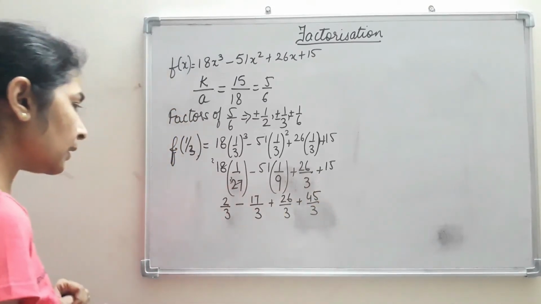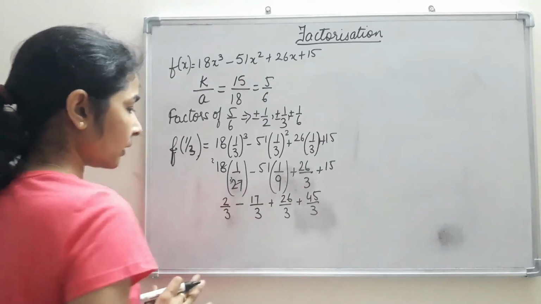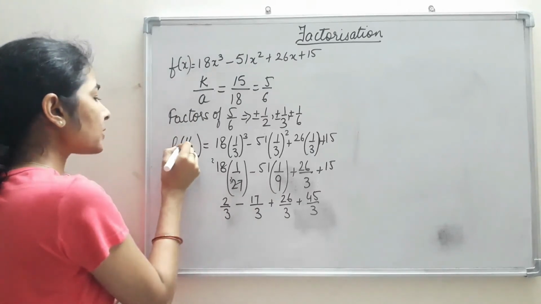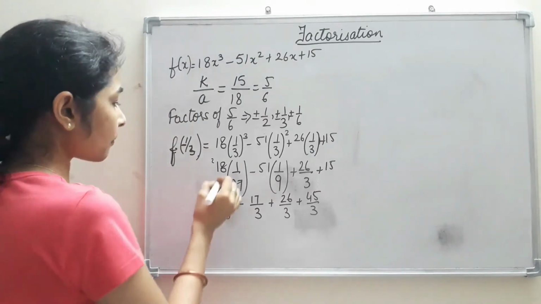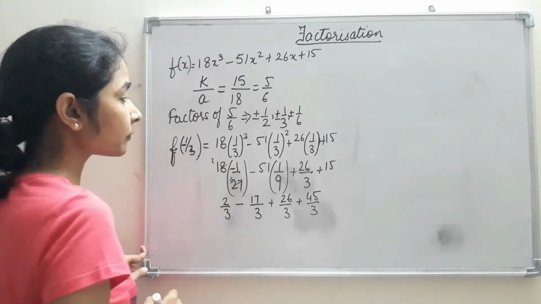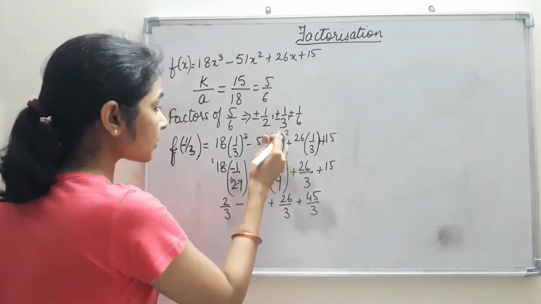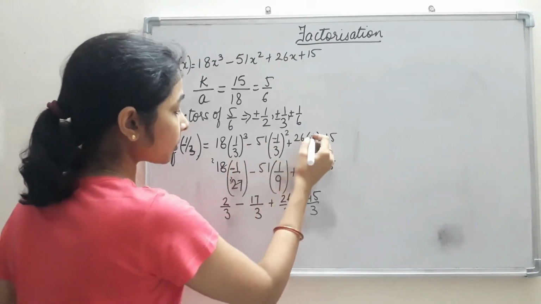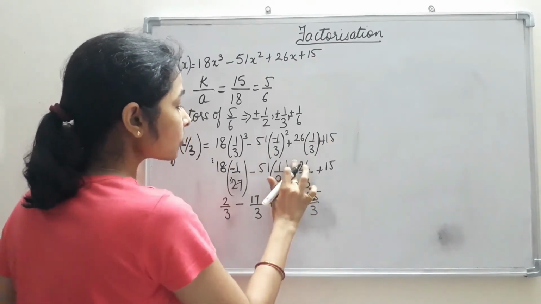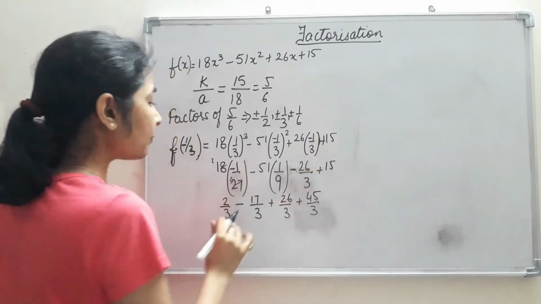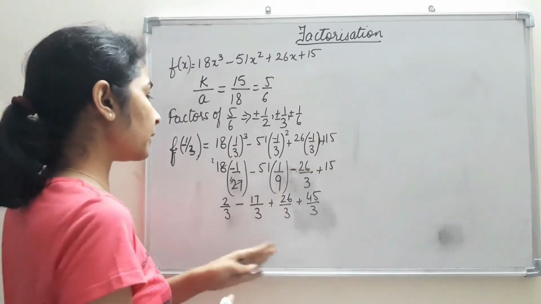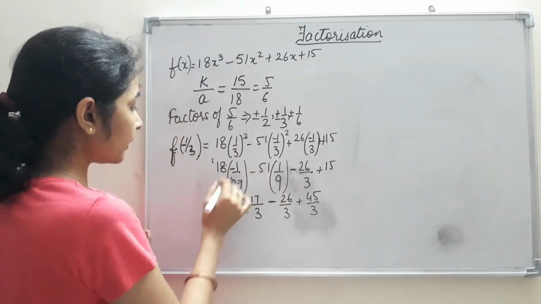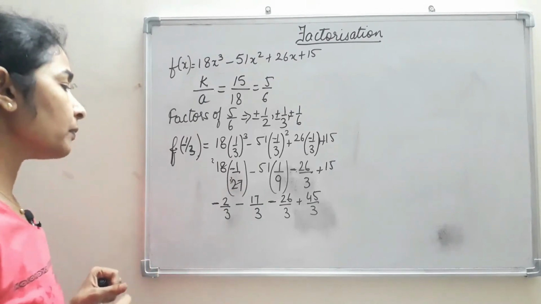Now if we see here, then we are not able to get 0 because only this one is negative, rest all are positive. So let us try with minus 1 upon 3. If I take minus 1 upon 3, then this term will be negative, this term will be positive because minus 1 upon 3 into minus 1 upon 3 gives positive, and this term will be negative. So it's better that we change the signs here. This will be negative here, this is already negative, and this will also be negative. Minus 2 upon 3 will also be negative.